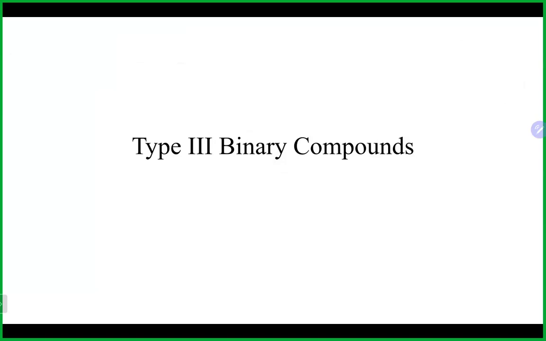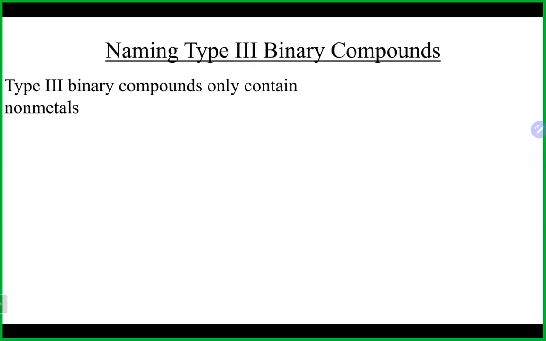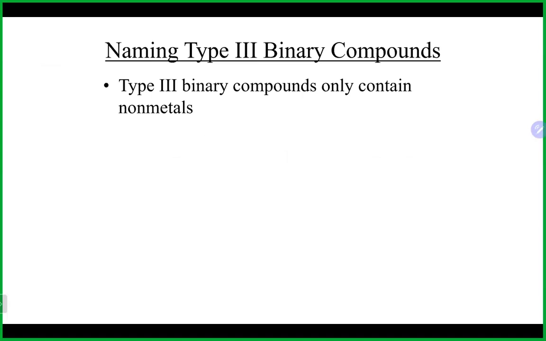And these are type 3 binary compounds. Binary just means there's 2 elements. But type 3 means it is 2 nonmetals together. And 2 nonmetals together means we're going to be sharing electrons. And this is really the place where we actually do use prefixes. We're going to have 2 nonmetals together. And we will use our prefixes like